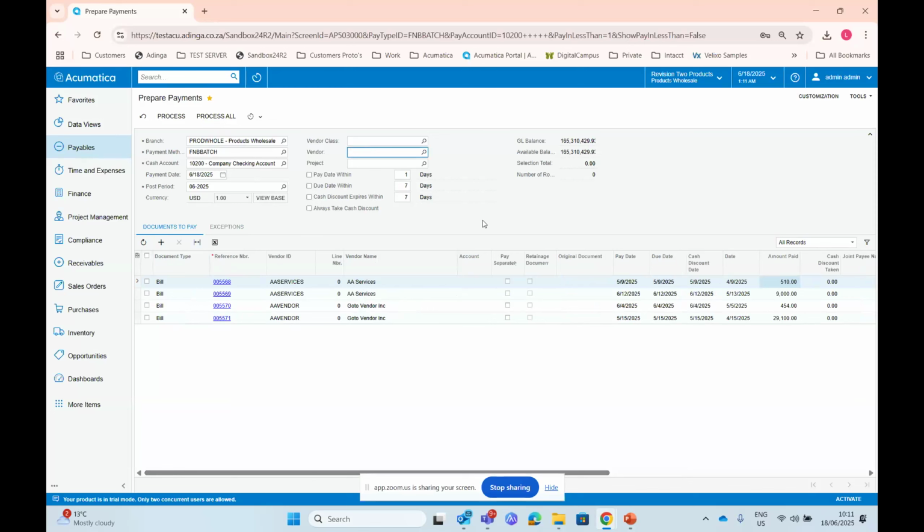You can say, you know what, I want 1 vendor, AA Services. You can tick AA Services and see what you pay AA Services. So you don't have to do it in bulk, you can do it per vendor. If you do it by vendor, it will take you to a different screen, but then you must just go backspace and go back. Okay, so I'm just going to do it by vendor. I'm going to select it and say process all. If I say process all, I don't have to tick the boxes.